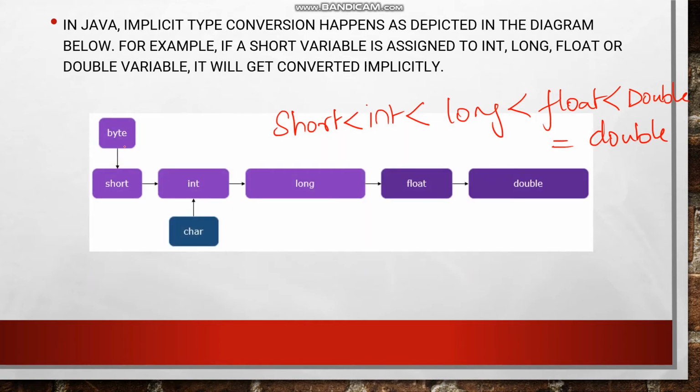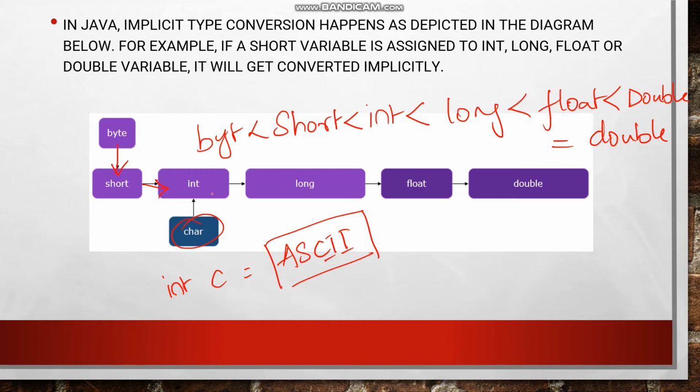Byte is the smallest type, so byte plus short, you will get the value as short. See, byte and short you can add, and short and int you can add, even character also you can add. For example, if I use int C, capital C, you won't get C, but instead you will get the ASCII value of C. The ASCII value of C will be given as the result of integer. I will even show you this, int C, for character, by converting character into int.